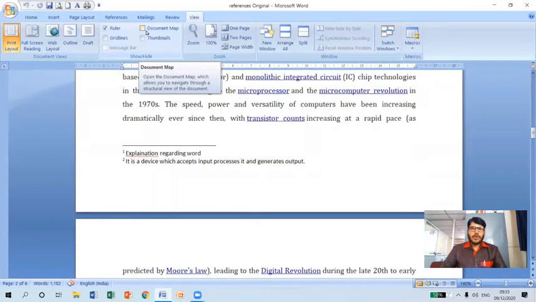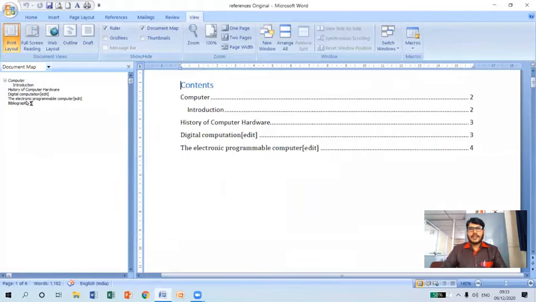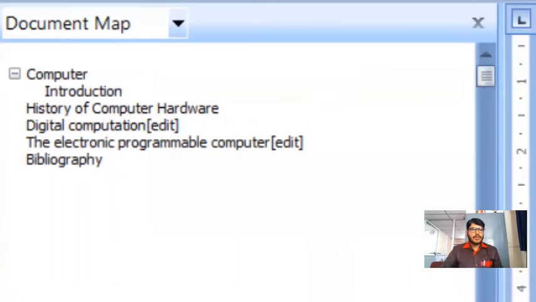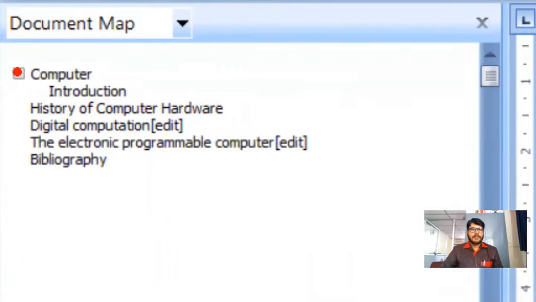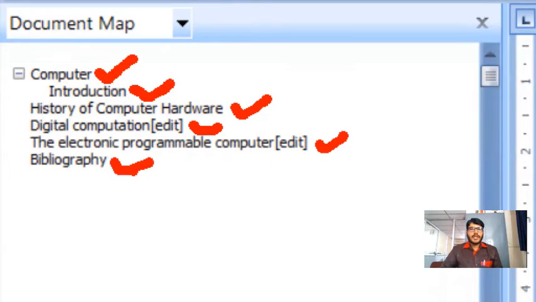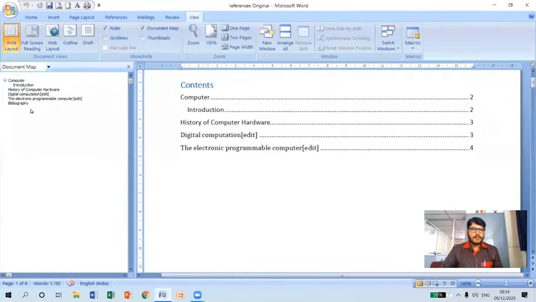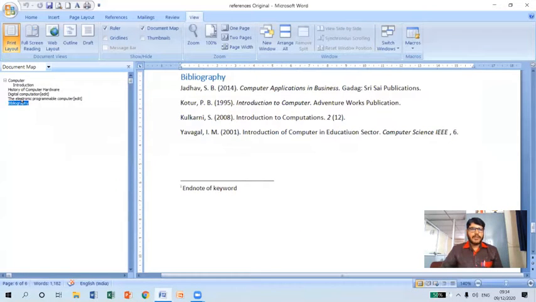Similarly, we can open the document map by using the document map option here. If I enable it, you can see here at the left hand side, we are able to see the document map. So in the document map, it will show what headings are available in the entire document. So these are the various headings we have included. Accordingly, it is going to display the document map. Say for example, when I click on a particular heading, it will directly navigate to that particular section.